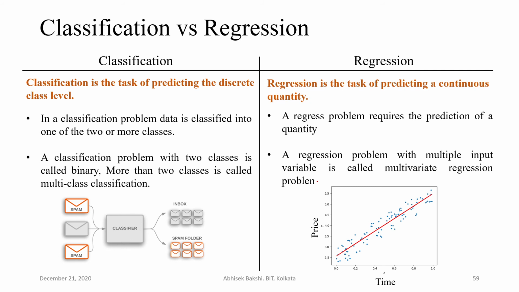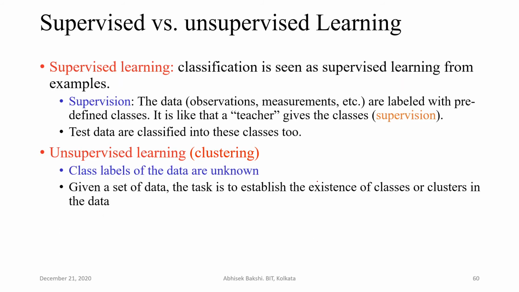Okay. Similarly, regression also, you can see a regression point is something like this. Now, if we come to supervised versus unsupervised learning, what we have seen in supervised learning is that there we have a teacher. The teacher is actually giving you the actual class value or actual output. Depending on that, the ML model can identify its error, and it can adjust its free parameters so that the error can be minimized in the near future.